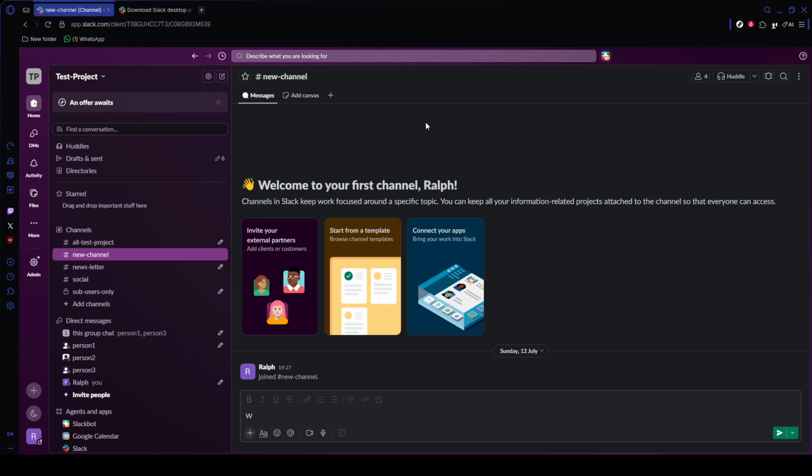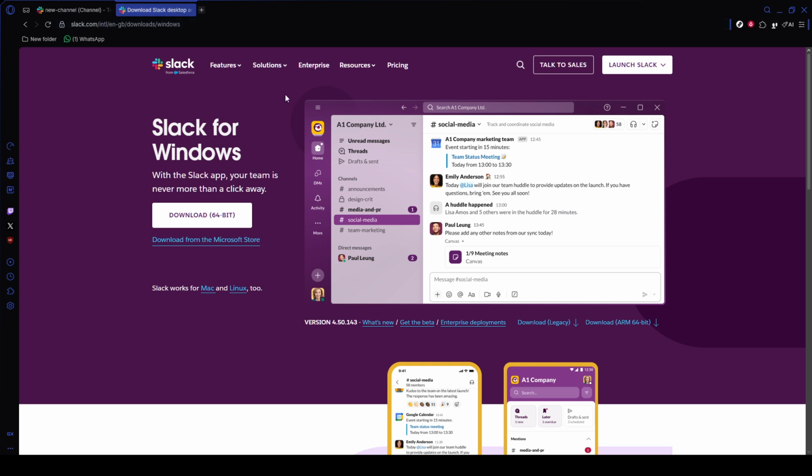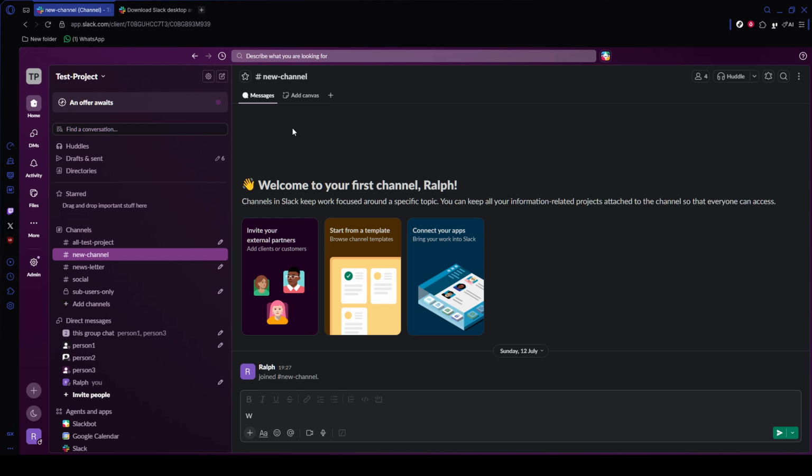After you're signed in, there's one more recommended step to make Slack easier to access. Look at the Windows taskbar at the bottom of your screen and find the Slack icon. Right-click the icon, then choose Pin to Taskbar. This keeps Slack available for quick one-click access even after you close the window. And that's it. Slack is now installed, connected, and ready